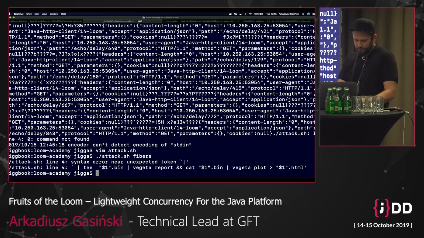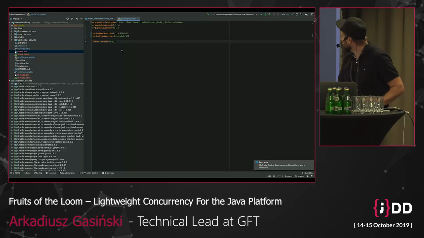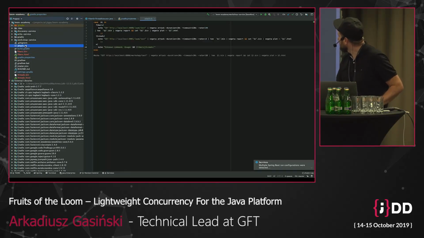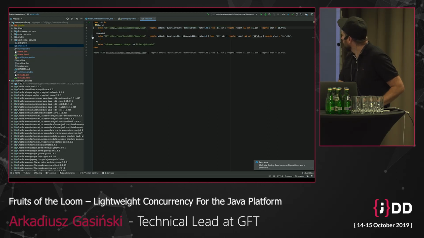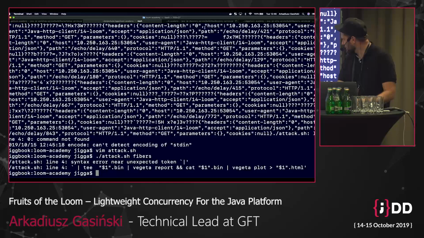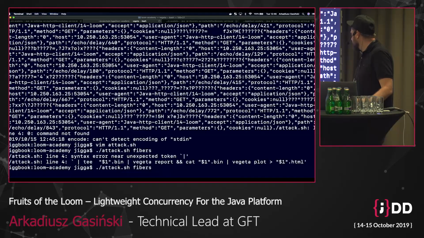Okay, yeah, let me maybe open this in IDEA. And maybe removed all the modifications. And yeah, the rate is 100, so let's run it again. Okay, it looks better. We see the load.